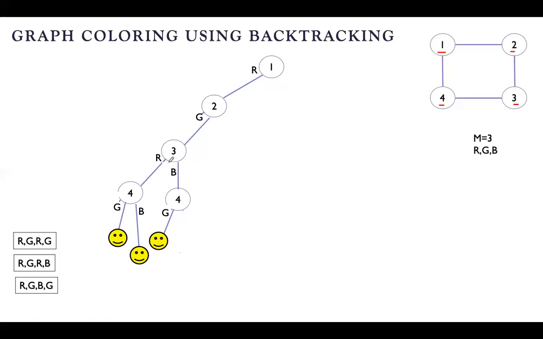Here also we check for RGB colors, 3 colors. So this is also over. We'll again go back to vertex 2. For vertex 2, we check for R. Next, we check for G. Next, we'll go for blue. Can you assign blue to 2? Yes, you can, because the previous vertex is R. So blue is allowed.